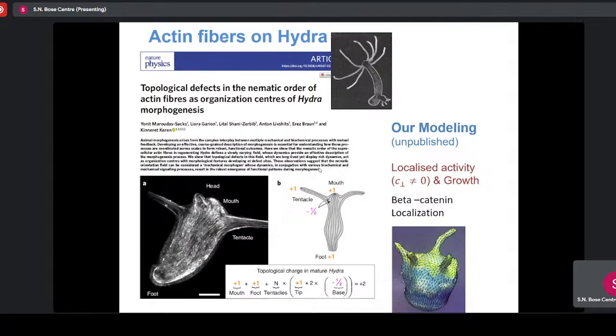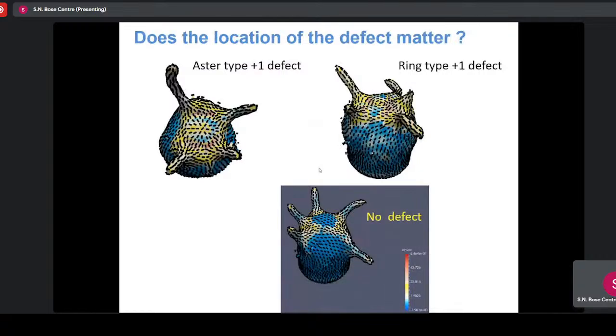So we just thought of looking at this problem in our way. We started from a cylinder, and we increased some chemical concentration here, which all that it does is generate a C perpendicular non-zero in this zone and 0 here. But now we don't do an equilibrium simulation. Well, we have first done an equilibrium simulation. What we found is that despite the claim that this +1 defect is essential for this structure, that's not the case.